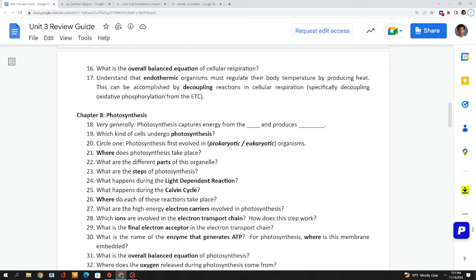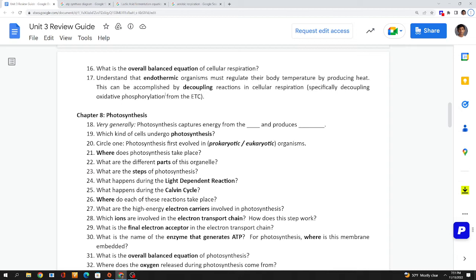What kind of cells undergo photosynthesis? Typically, eukaryotic cells undergo photosynthesis, although there are some bacteria that can do that as well. But for the premises of this chapter, or really this unit, know that it's typically plants. This is how they make their own food. But you also have a lot of algae that can do photosynthesis too, and those are eukaryotic cells, but